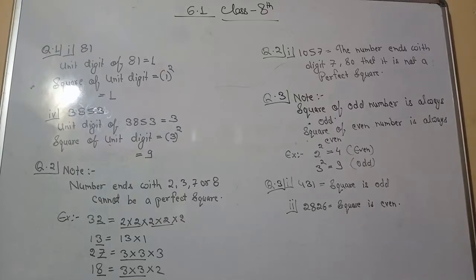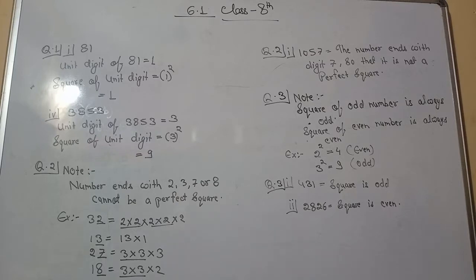Students, today we are going to start a new chapter of class 8, which is squares and square roots. You all know what squares are. If I ask what is the square of 2, then you will multiply 2 two times, like 2 2s are 4. Similarly, what is the square of 3? You will multiply 3 two times and you will say 3 3s are 9. So those are called squares.